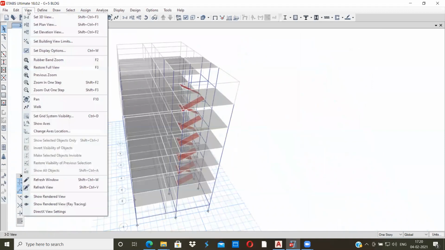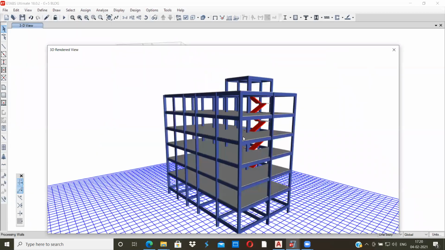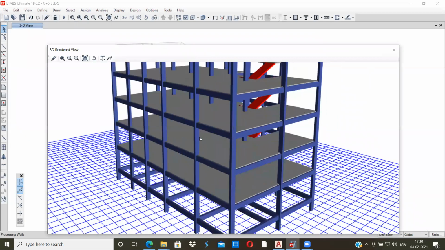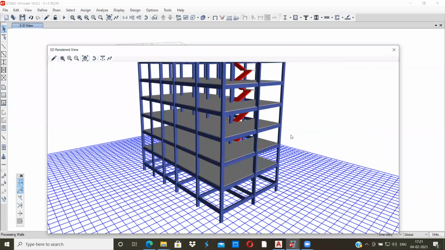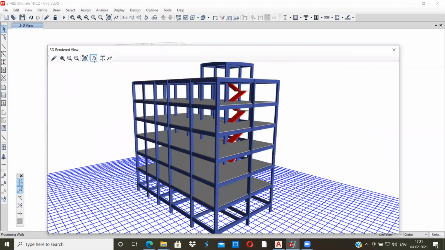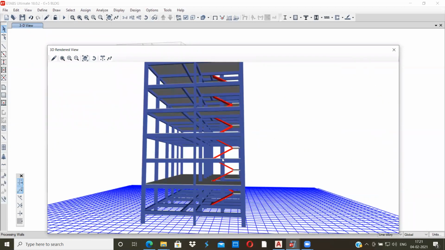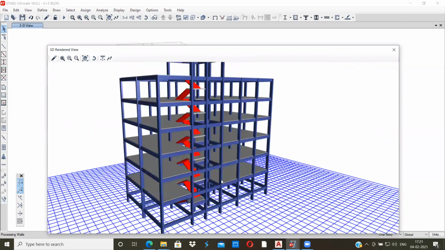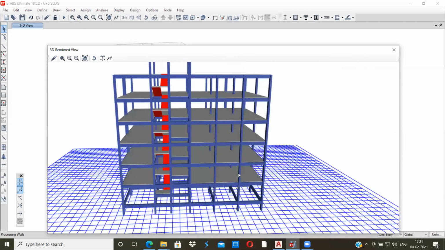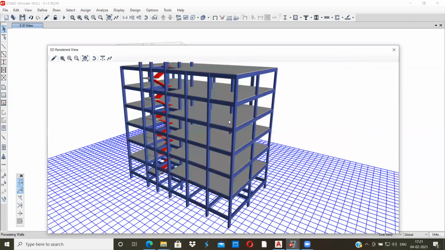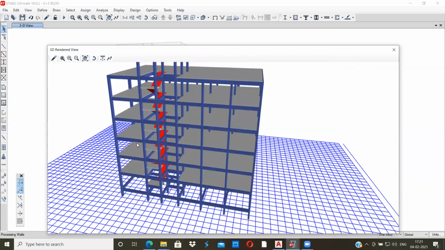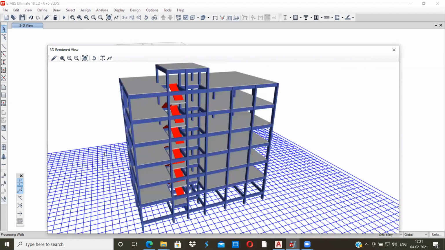So if I go to view and go to the show rendered view, now I can see the building which I have modeled in 3D. You can see the building which we have done modeling: modeling of beams, columns, slab, and staircase.